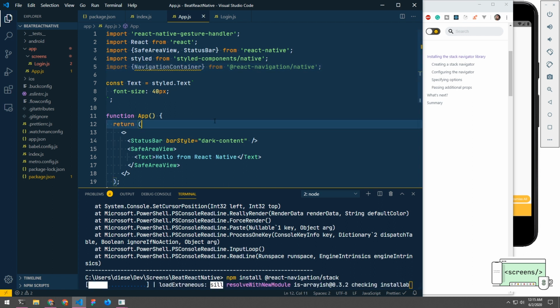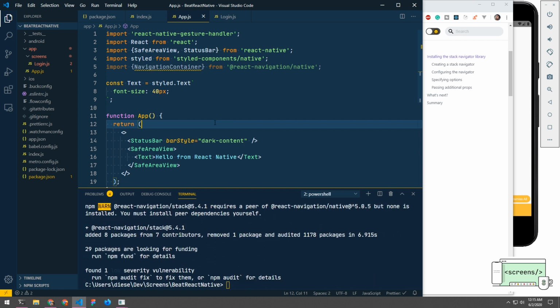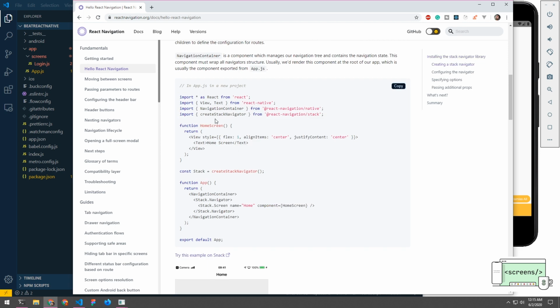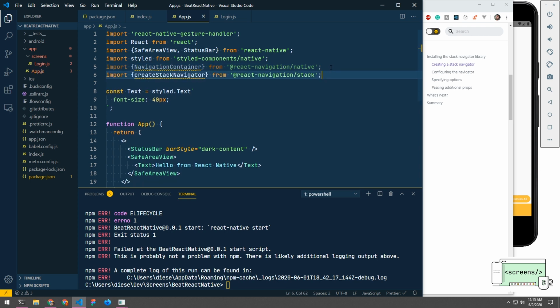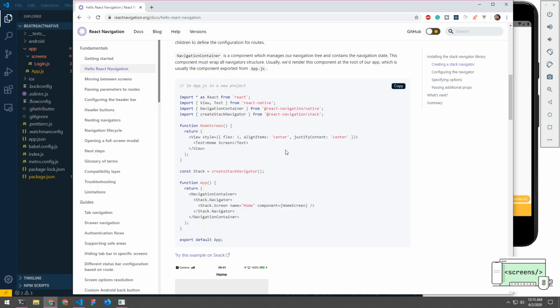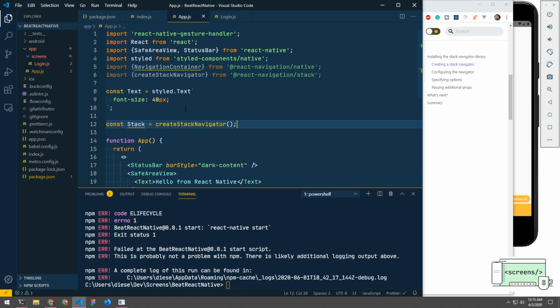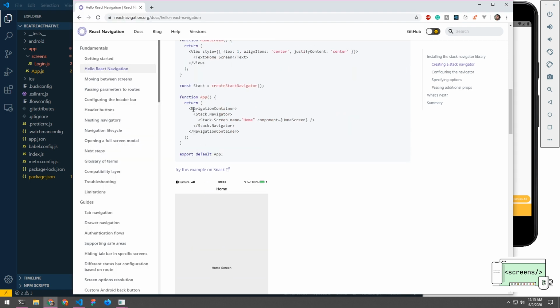Okay, so this is installed. I will go ahead and import that as well. So you need to import create stack navigator. So we have our navigation container and the create stack navigator. So we need to create a stack out of the stack navigator. I'll just copy paste this line here, and let's change this to, so I'll copy this from the example here